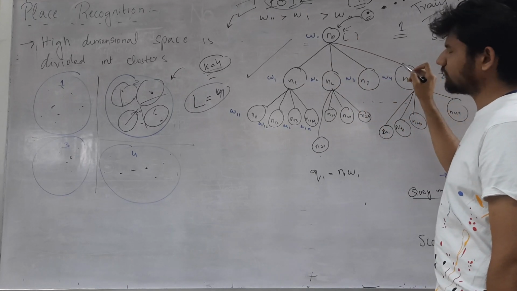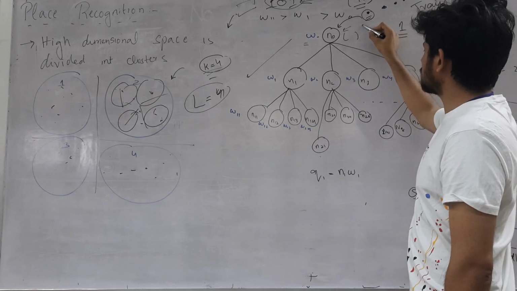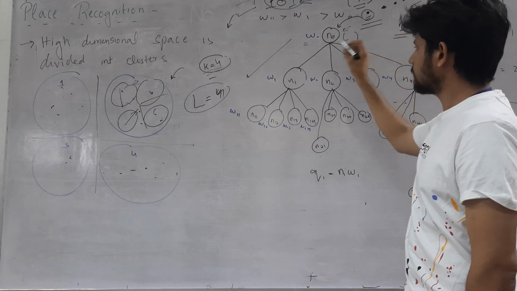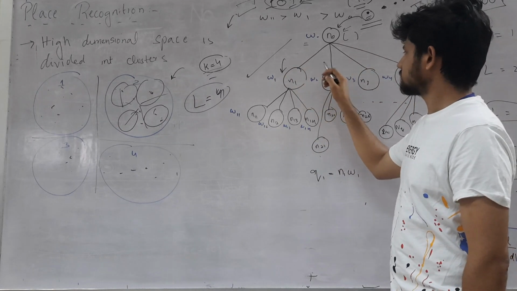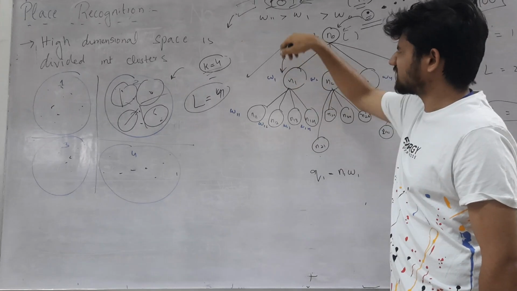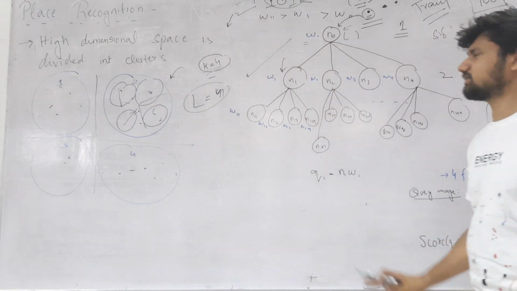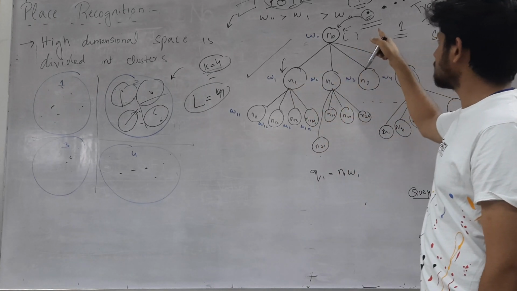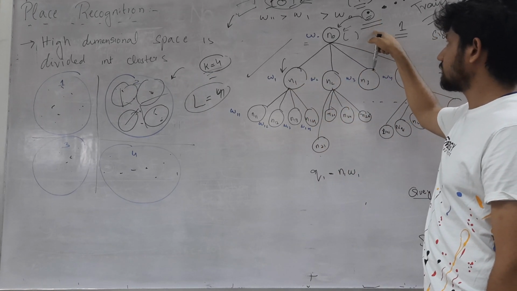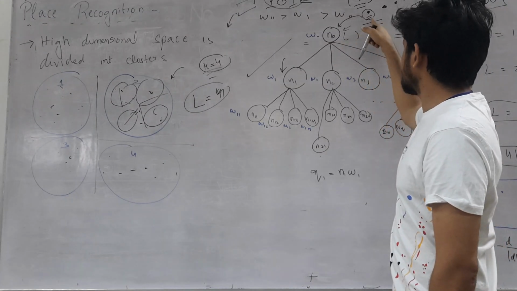And how you will decide the path? Obviously by computing the dot product of this with the particular node. Okay, if this, for example, dot product, or any scoring function, okay, it's up to you to decide. If this is more similar to the feature of your input image,